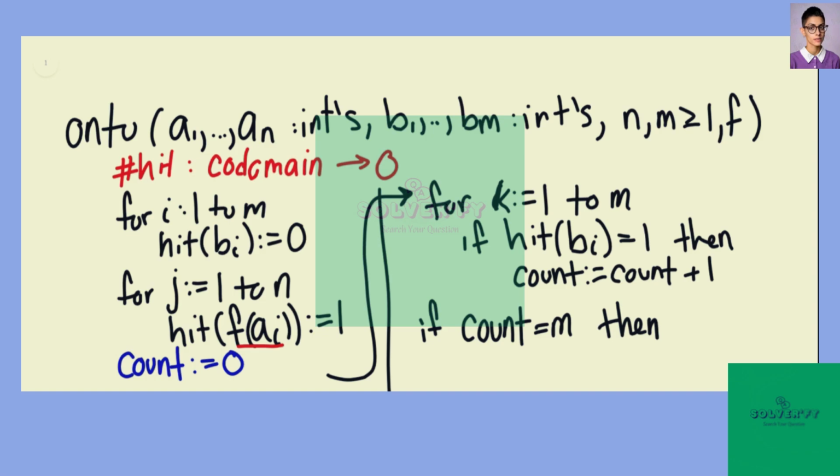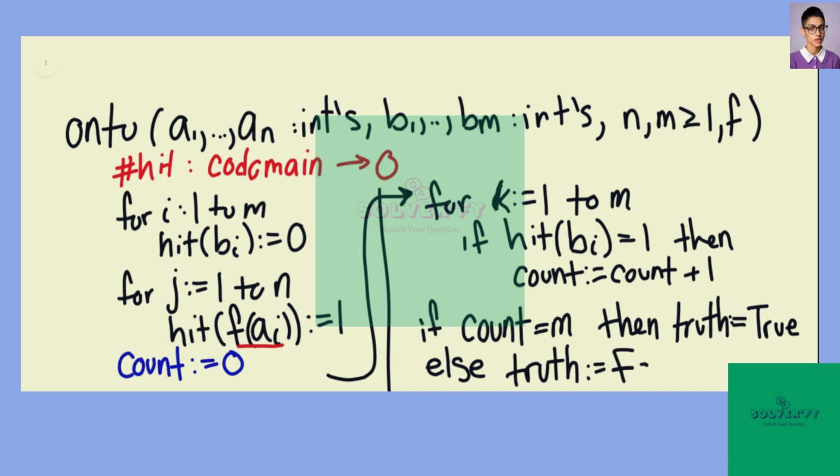then we can say, let's just say truth is equal to true. And if not, then we'll set truth equal to false. Okay, so what we want to return then, it's always good to double check the problem to see what it's asking us,